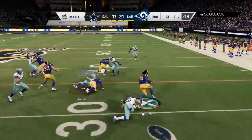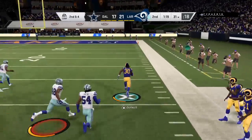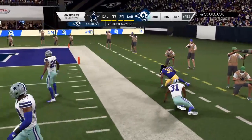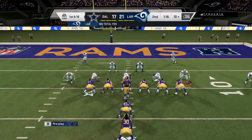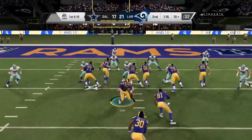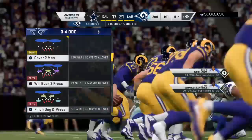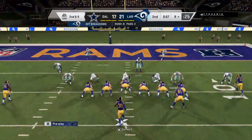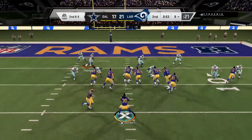Goff turns and gives to Gurley. Oh, refusing to go down. Todd Gurley, wave goodbye. A big run there by Gurley, 59 yards for him on the ground. Gurley. And a short pickup there down to about the 9. Give him maybe a yard. Quite the opposite from the previous big gainer. 1-yard gain. Brings up 2nd